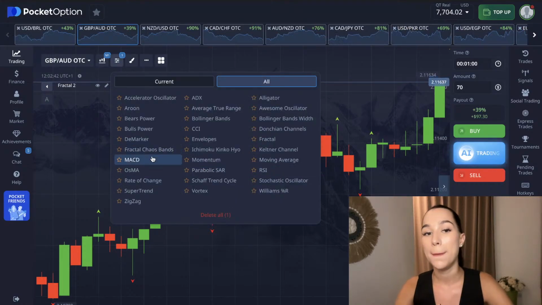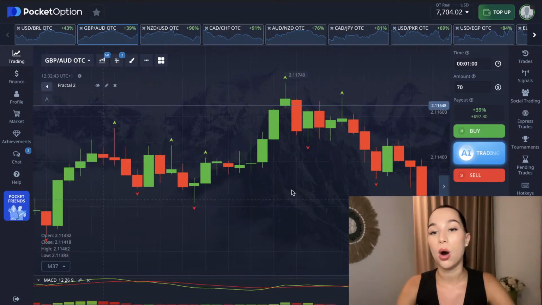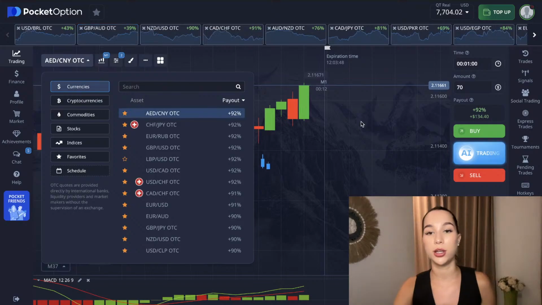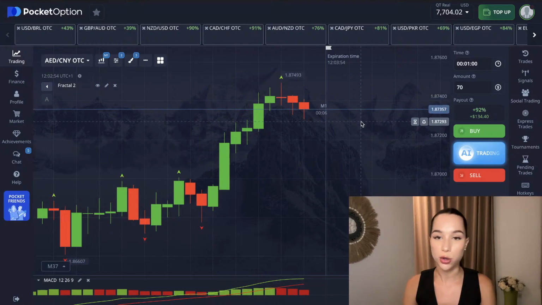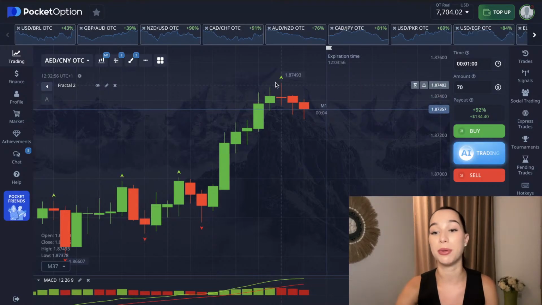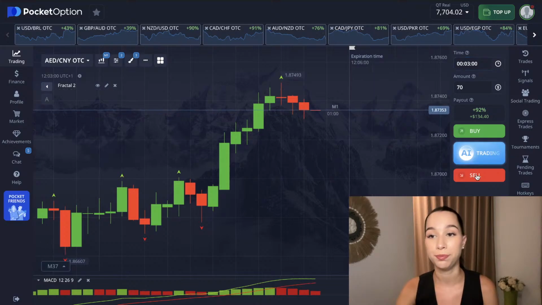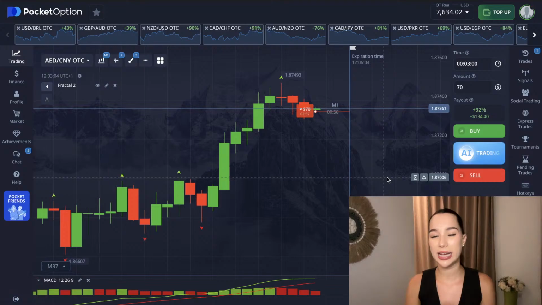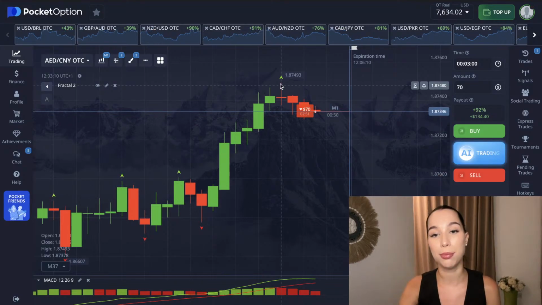For example, MACD and RSI. Or just MACD, for example, if you don't want to use that many indicators. So for example, let's take a look and find some situation where we can open a trade. We cannot open it just on random ones. So for example, here we can open a trade in the downward direction for 3 minutes. Let's do that. Here we can see the volatility is actually pretty strong. We can see how fast it's moving, but at the same time it was an upward trend before it achieved